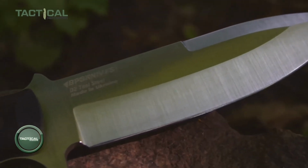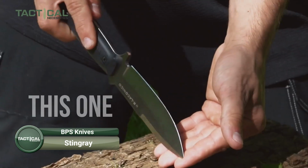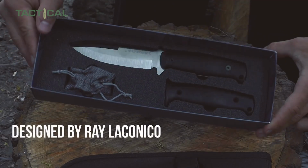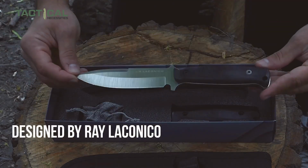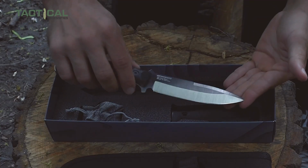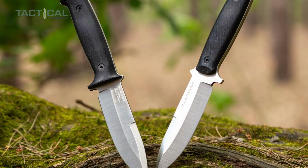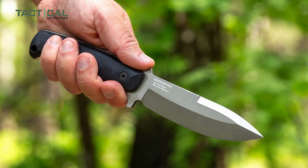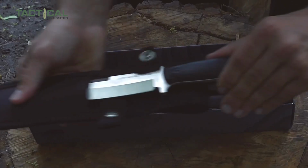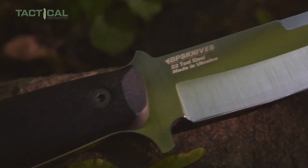The Stingray strikes a middle ground between modern function and classic form. This knife is the collaboration between well-known designer Ray Laconico and BPS Knives, bringing together American design insight and Ukrainian craftsmanship. The overall length is 240 millimeters, or about 9.4 inches, and the weight sits at 220 grams, which is just under 8 ounces. It is often named the big knife, and it actually feels substantial in hand while staying